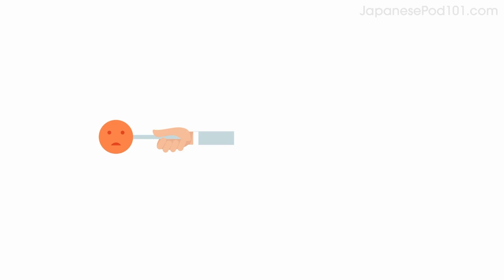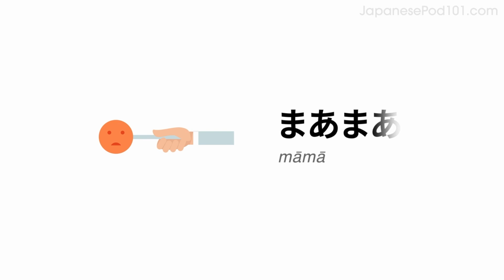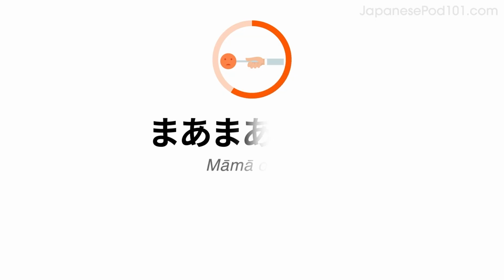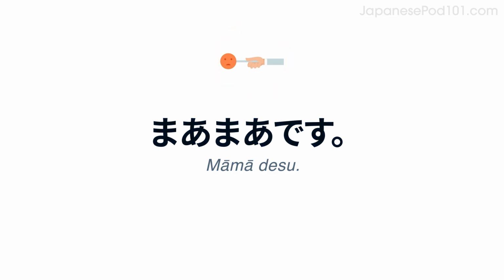Now imagine she's so-so. Do you remember how to say so-so? まあまあ。 Say, she's so-so. まあまあです。 Now, answer the question saying she's so-so. お母さんはお元気ですか？まあまあです。